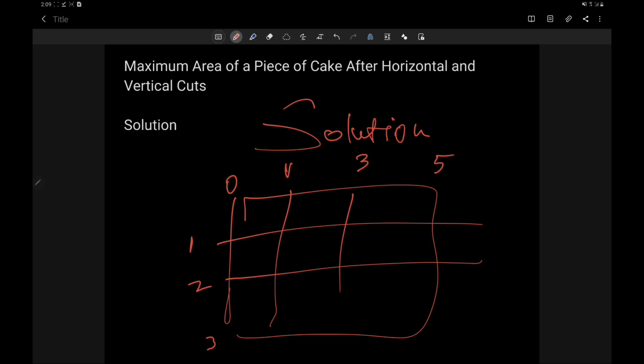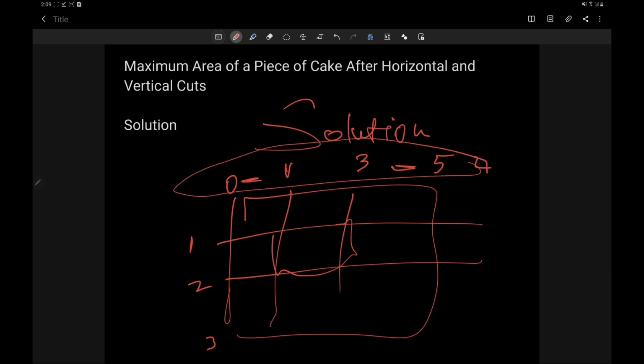First of all, we have to find the maximum gap present, first lengthwise, that is vertically, and then horizontally. After that we just have to calculate the enclosing area. For that, first of all we need to sort both of the cuts arrays that are given to us, because they are distinct values and it's not given that they are sorted. So they are not sorted.